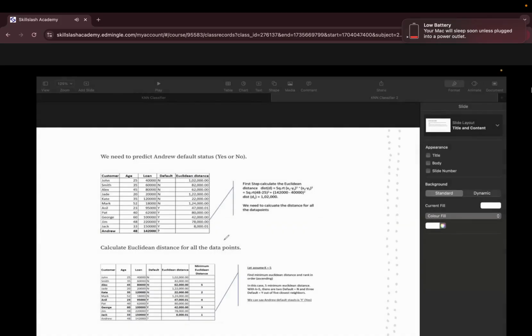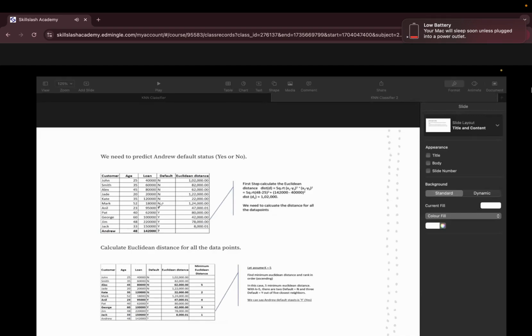Then they will ask you, do we have another method for finding the distance in K nearest neighbor? Or they will ask you, is my K nearest neighbor model open for any other distance choice other than Euclidean distance? What do you guys think? If I want to change the Euclidean distance to the Manhattan one, is it possible in the K nearest neighbor? I don't find Euclidean distance to be precise. My business problem is saying that I have to follow the Manhattan distance for finding the distance in the K nearest neighbor model.